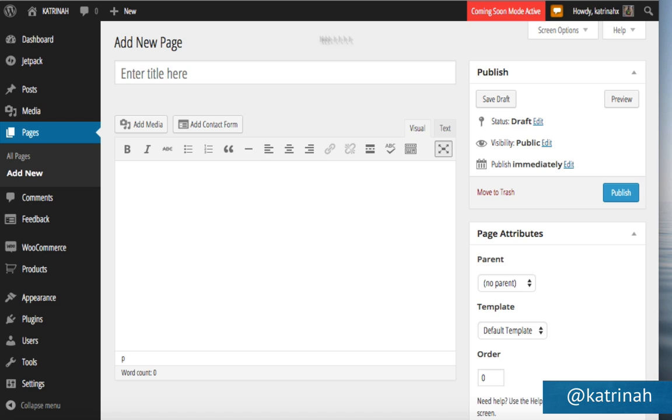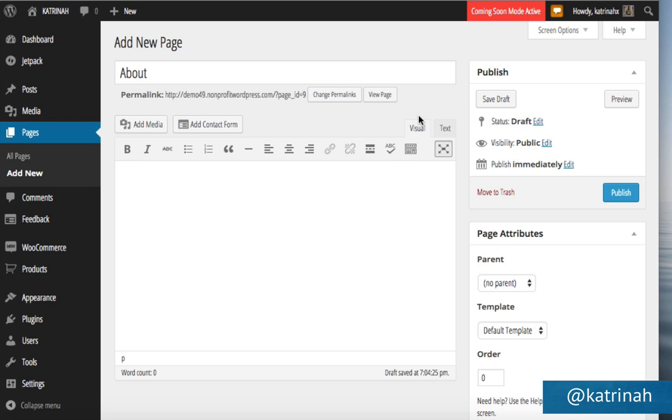going to go back to my regular screen right here, and at the top we want to give our new page a title. So because this is the About page, I'm just going to call it About, and then here in the visual view you can just start typing in any of the content that you'd like for this page.